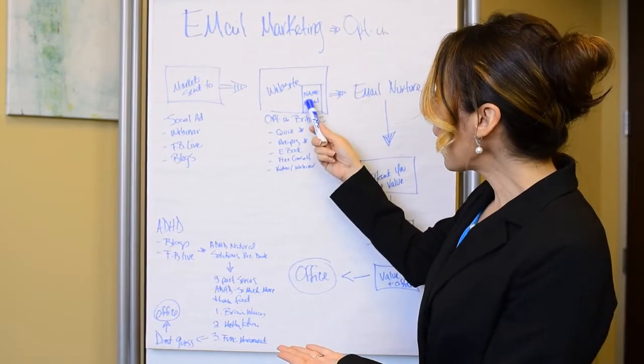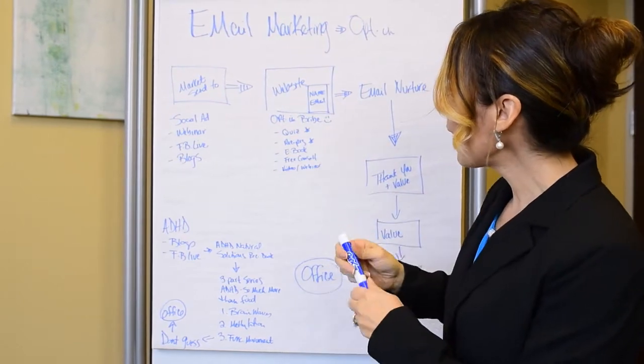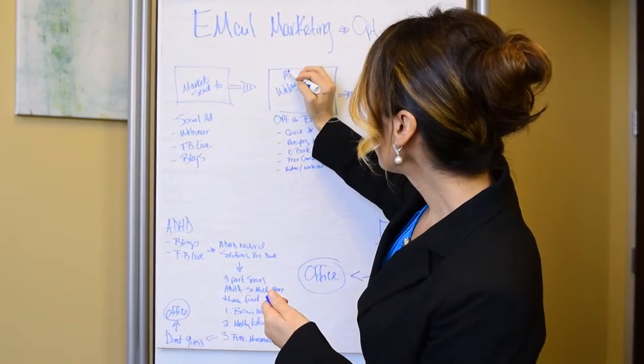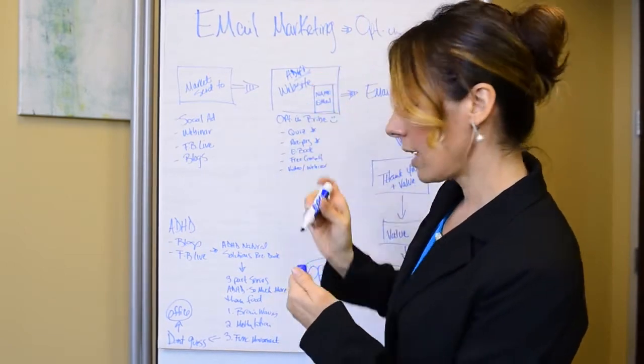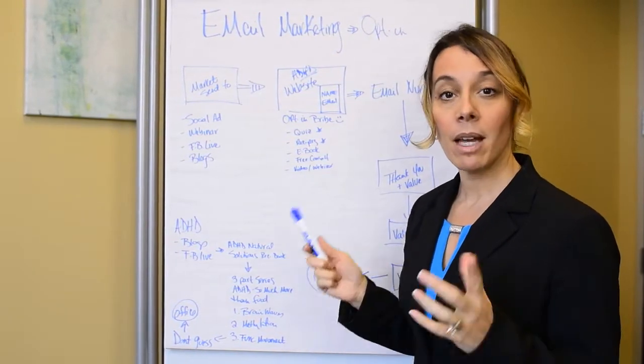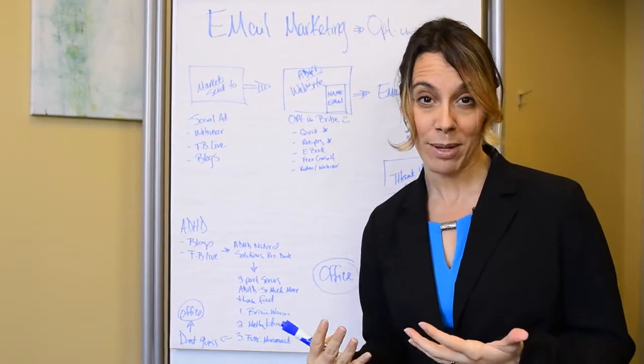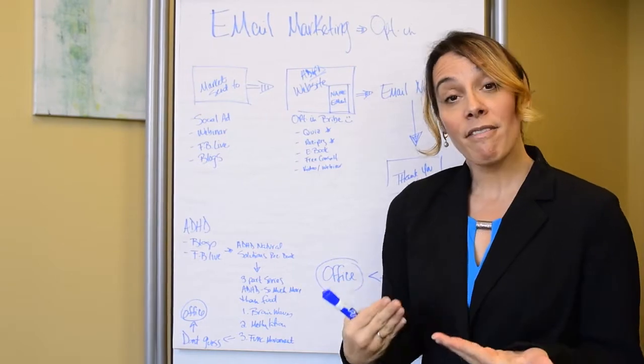So when you send them into your site, let's pretend that this is the ADHD page, okay? And now they're here, and they're like, yeah, I want to find out more natural solutions. So I'm going to have something pop up. Now I'm going to tell you some of the lead magnets. They're called lead magnets or opt-in bribes. And again, this is where you're giving that value in advance.